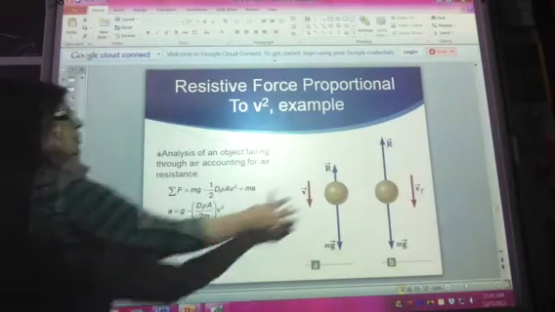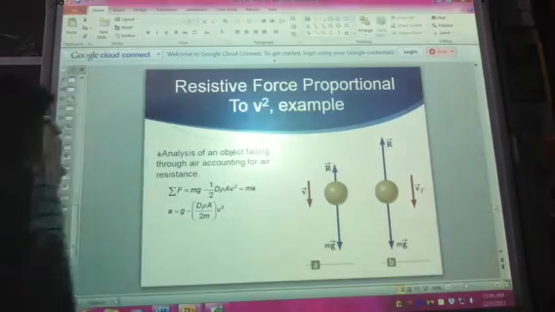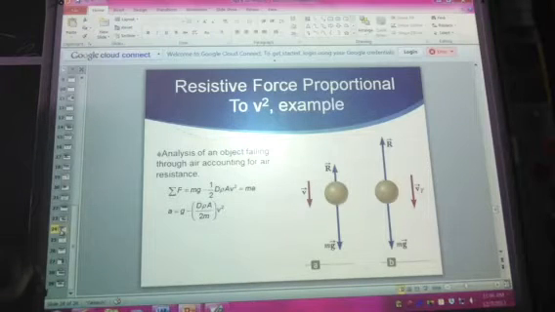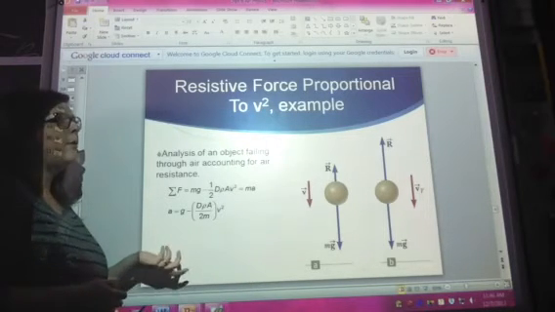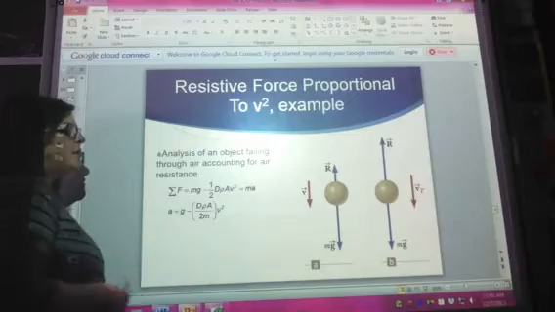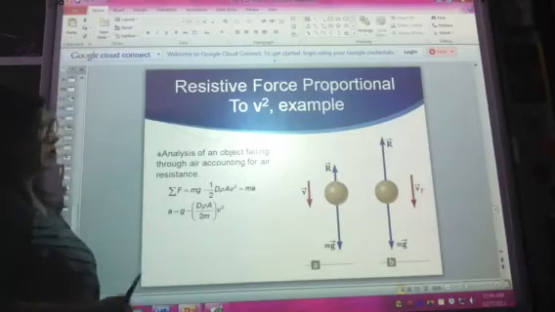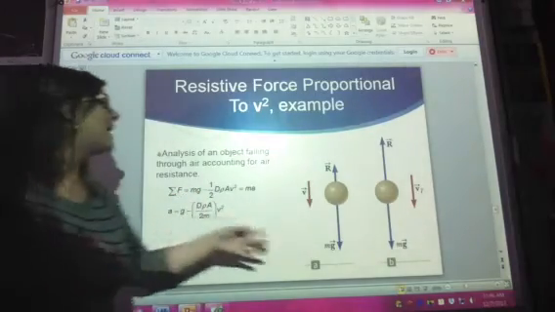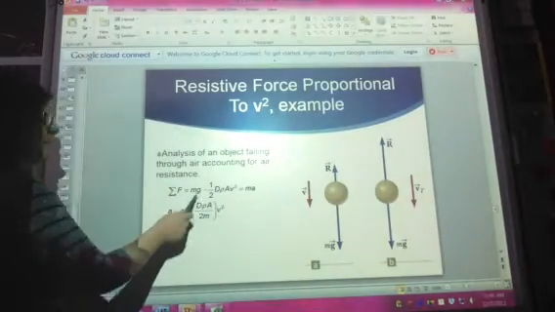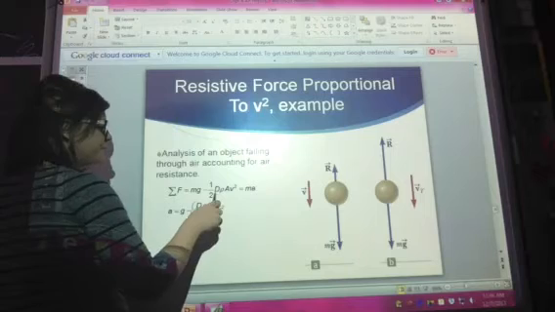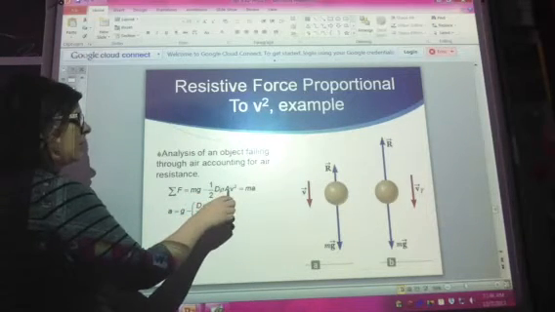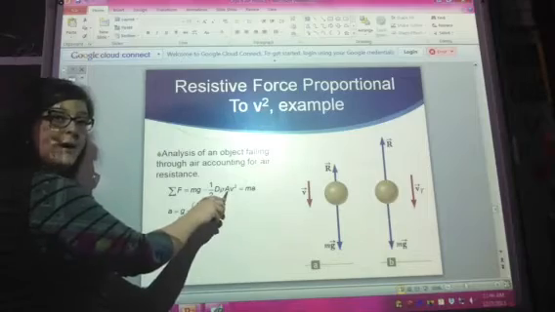If I'm thinking about just this first part right here, as it's beginning to fall through air, we're accounting for air resistance. So I want to think about the sum of the forces in the y direction. The sum of the forces in the y direction would again be my weight force, mg, minus my resistive force, which would be 1/2 my drag coefficient, my density of air, the cross-sectional area of the object,